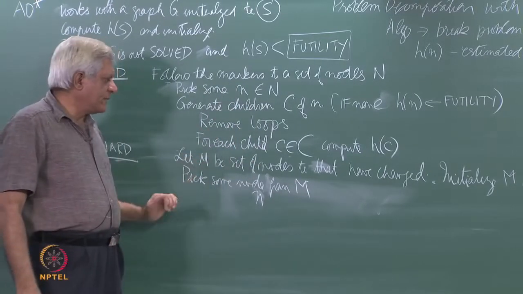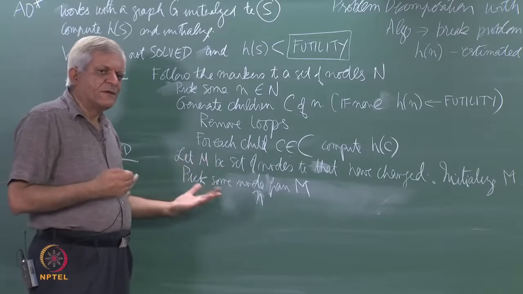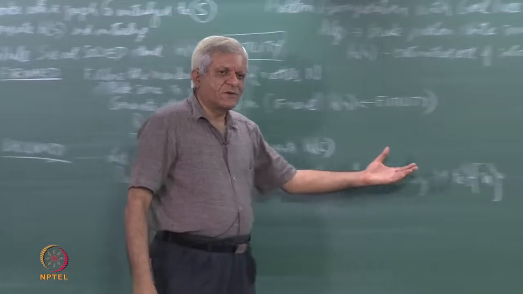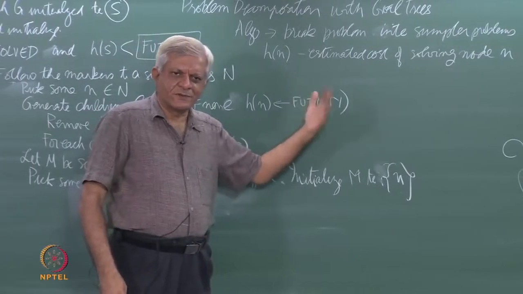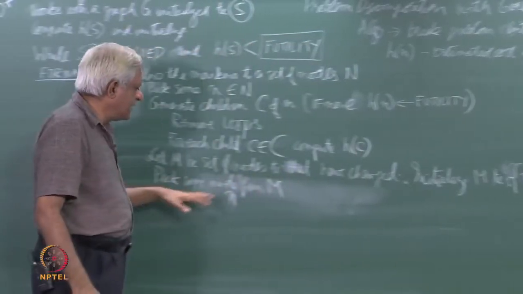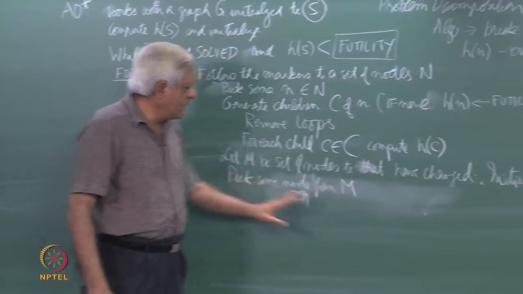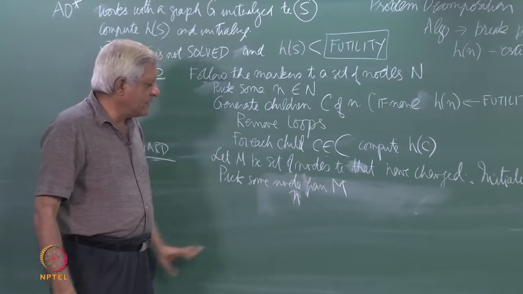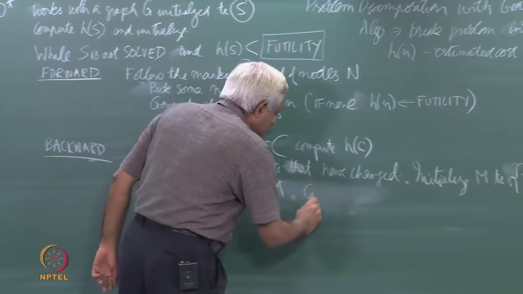So, I will just use the same name exactly, but of course, as M grows it may have more elements. How will it grow? Because parents will get added to this set M essentially, but initially of course, there is only n inside M, and I am just simply using the same name saying pick some node n from M, compute